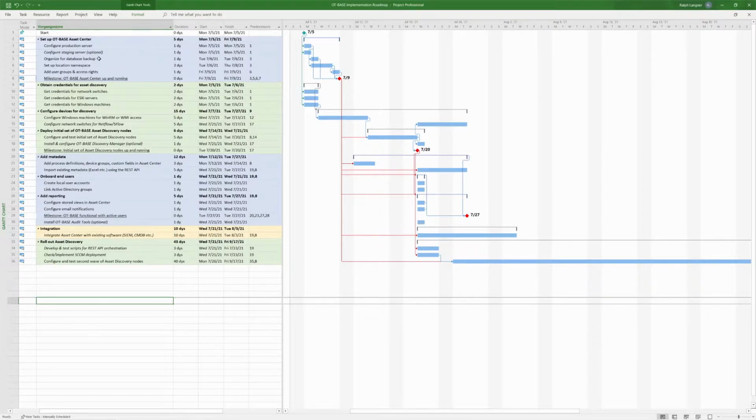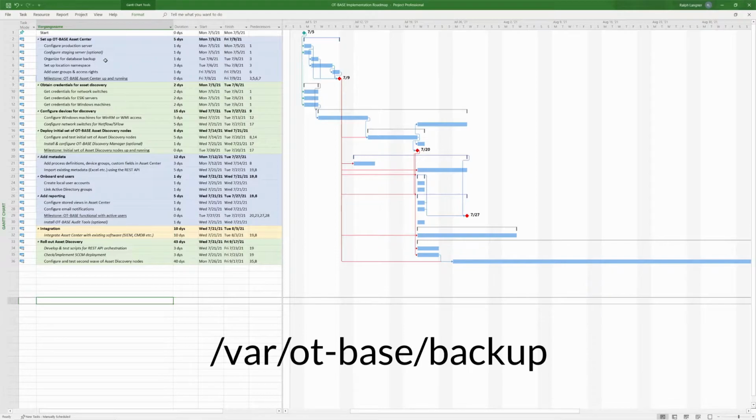Next step is to organize for database backup. And OT-base Asset Center already has an automated backup functionality built in. It will automatically produce database backups every 12 hours. Those backups will land in a specific folder, which is simply called